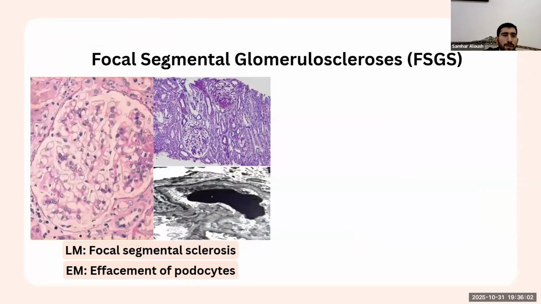Now, the other disease is focal segmental glomerulosclerosis, from the name. By the way, this is also nephrotic syndrome, so it will cause proteinuria. From the name, it's focal, means it's only in one area of the glomerula. Segmental, it's like